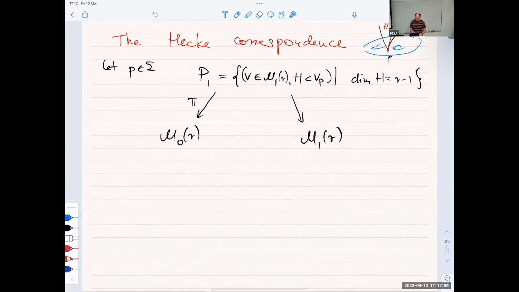As I said, I'll explain. This P1 is a very simple space. Basically, you take this moduli space, which is a smooth projective variety, and then this is just a P^(R-1) bundle over it, because for each concrete bundle V, obviously the choices of H are just the projective space. What is a little less obvious is what this map is. There's a slightly more sophisticated way of looking at it, but let's just